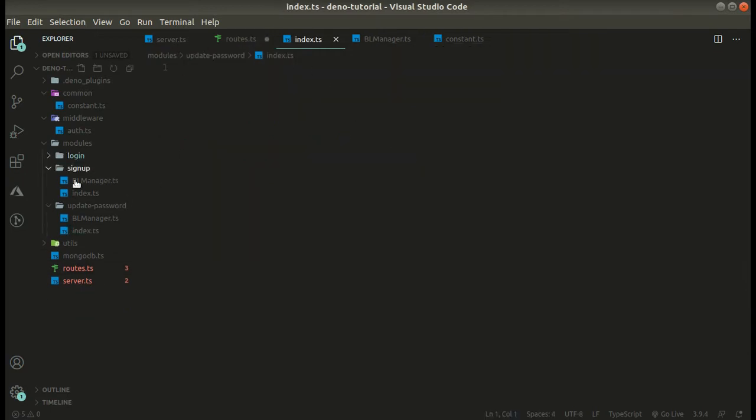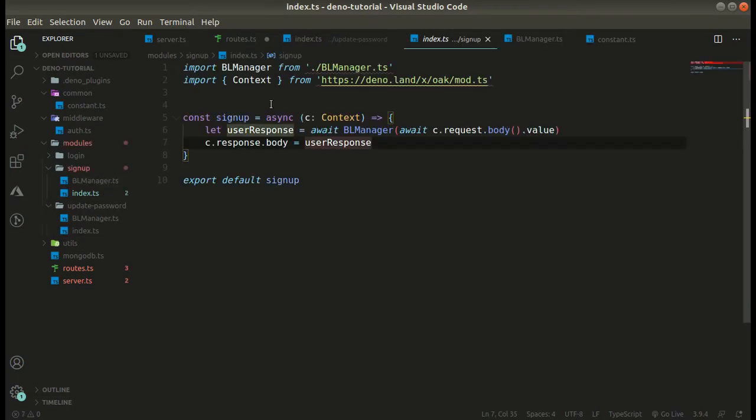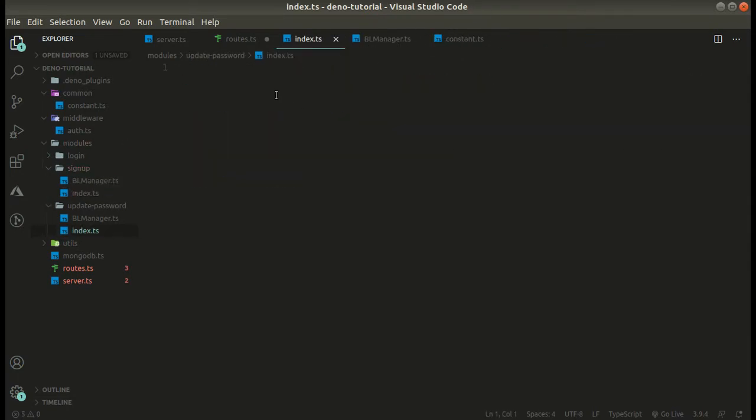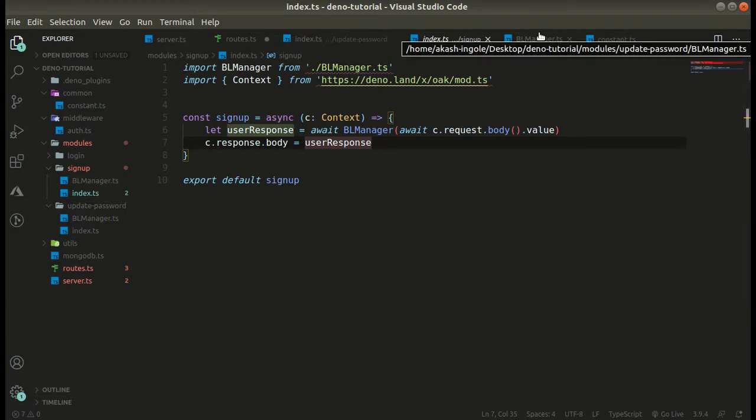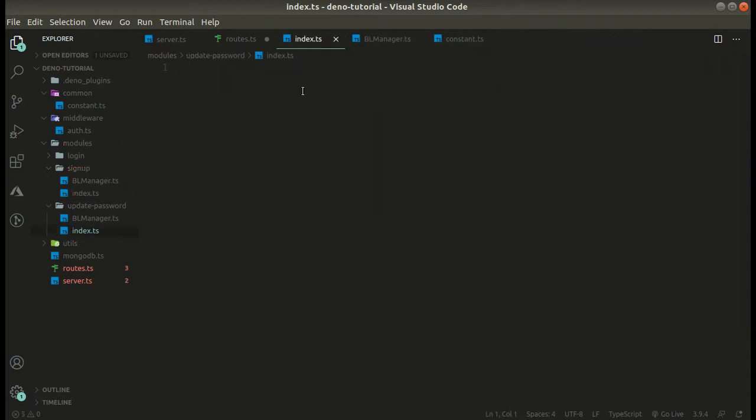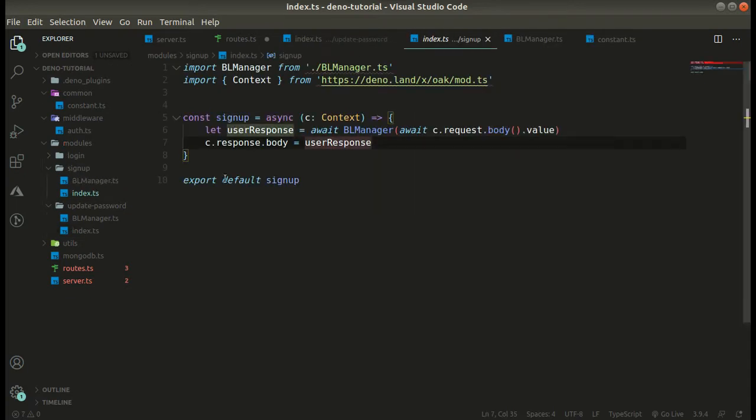The controller will receive the request from the routes, and from here we will pass the request to the BL manager, where we write the business logic, and from there we will receive the response. Okay, cool. So let's copy this.